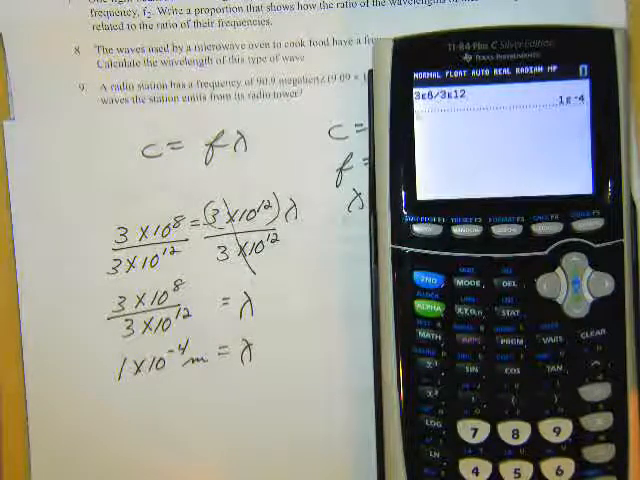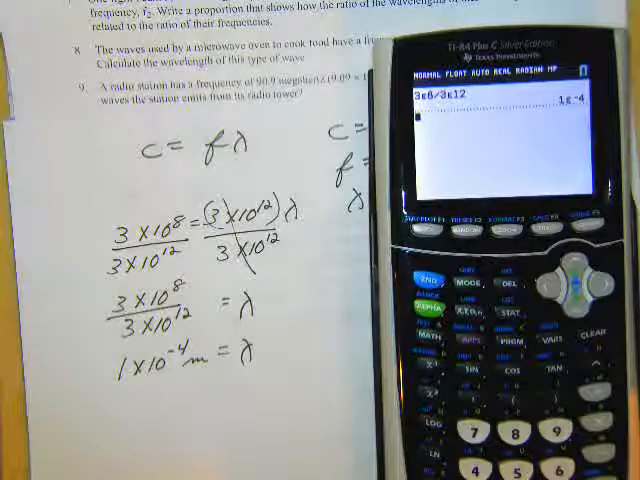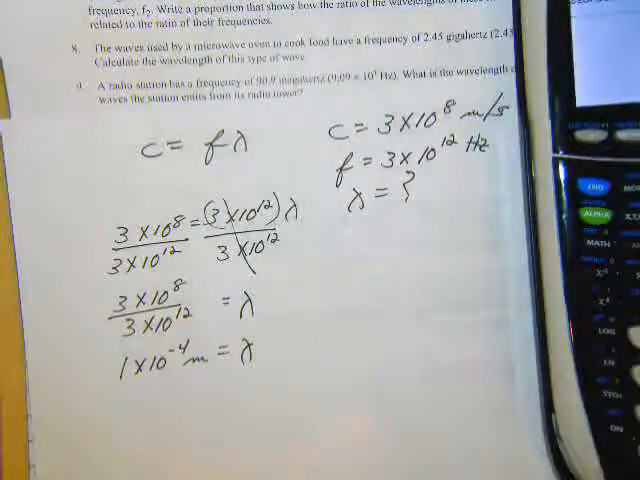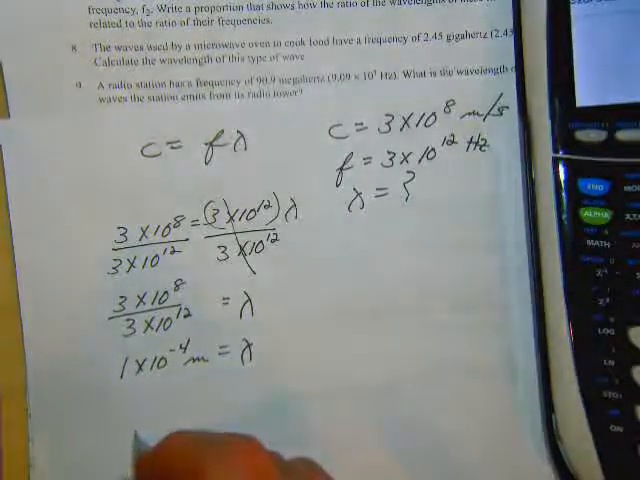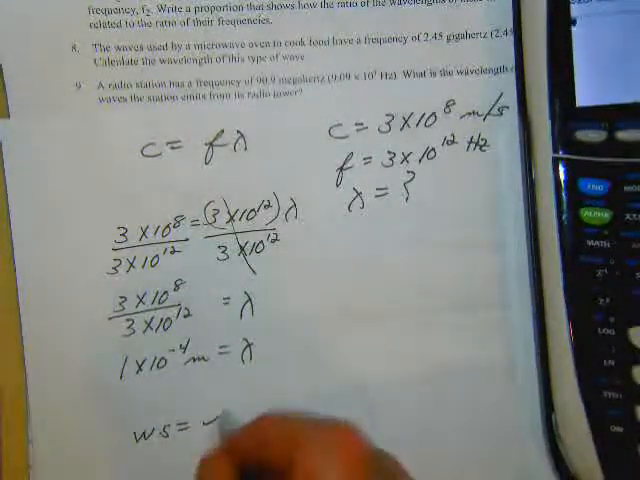So again, all these problems really work the same anytime you work with the electromagnetic spectrum. Just for instance, if I have wave speed equals frequency times wavelength,